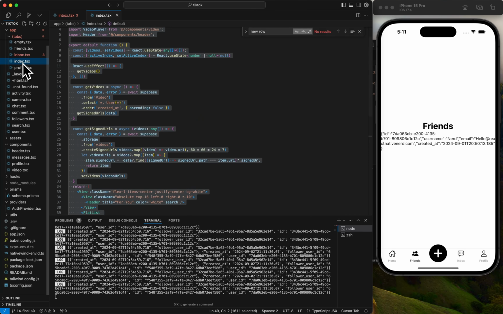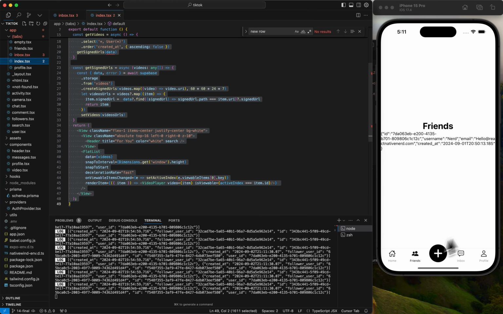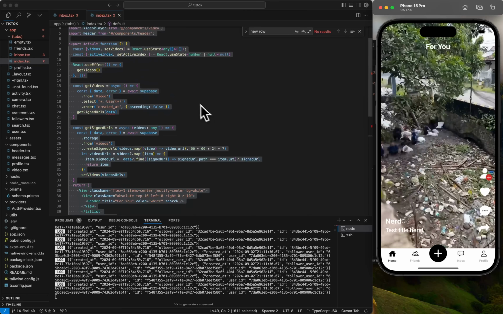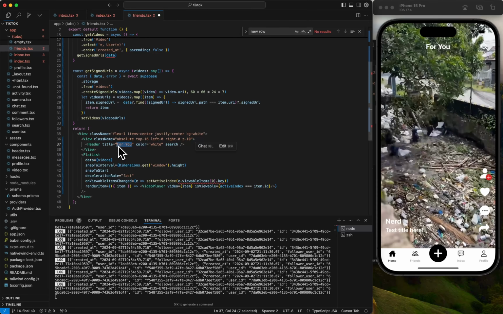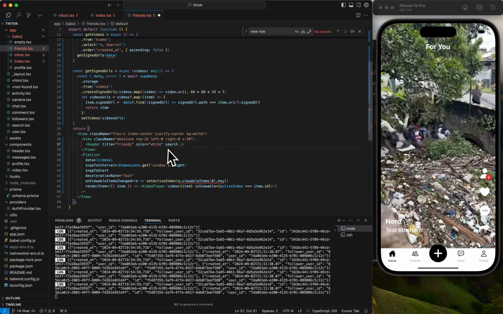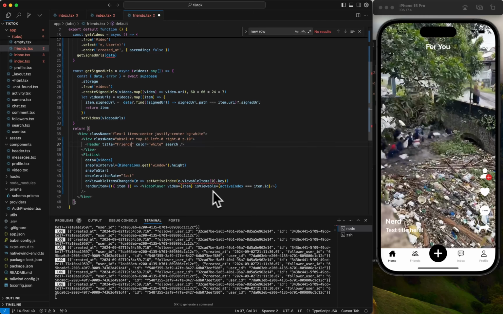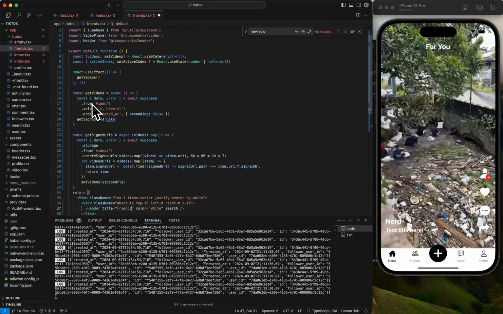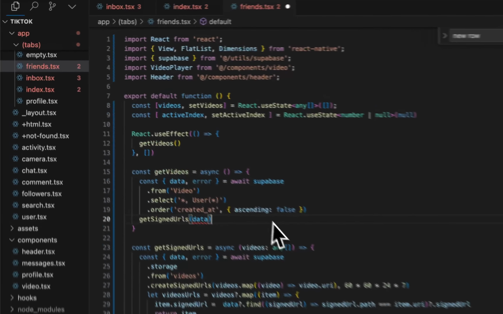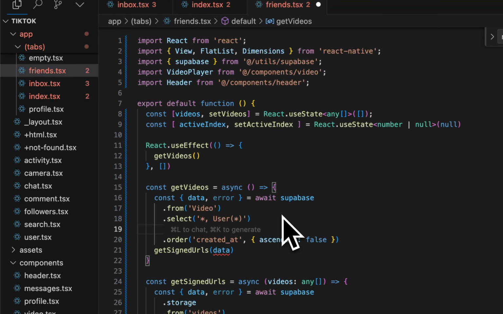So friends is just basically the same thing as index, but instead of getting all the videos, we just want the videos of our friends. And luckily, we did that part already too. So we're just going to copy and paste this code over to friends. We're going to rename this friends, search, window, get signed URLs. Instead of all, we want a dot in